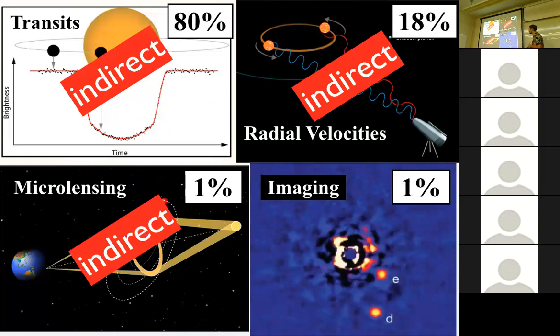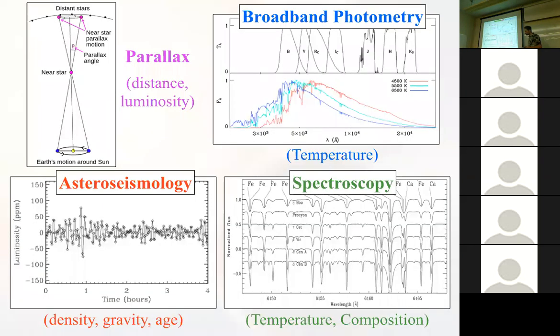And this is why characterizing the star is so important. So this is why stellar astrophysics has such a strong importance for exoplanet science. And there are a whole slew of methods to characterize stars, so measure their masses, measure their radii, measure their temperatures. You might think, or you might have heard, that characterizing stars is easy or a solved problem.